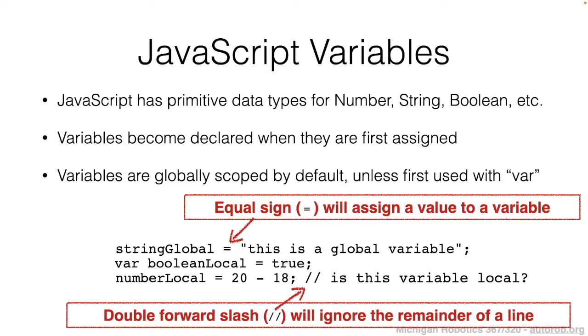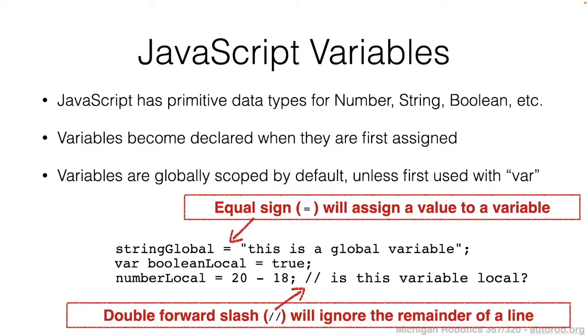And so variables are declared upon the first time that they've been assigned some data. By default, JavaScript variables will be globally scoped, and by globally scoped, it truly means globally scoped. So across functions and across files, global variables can be accessed within JavaScript. If you don't want to define a global variable, then what you can do is you can use